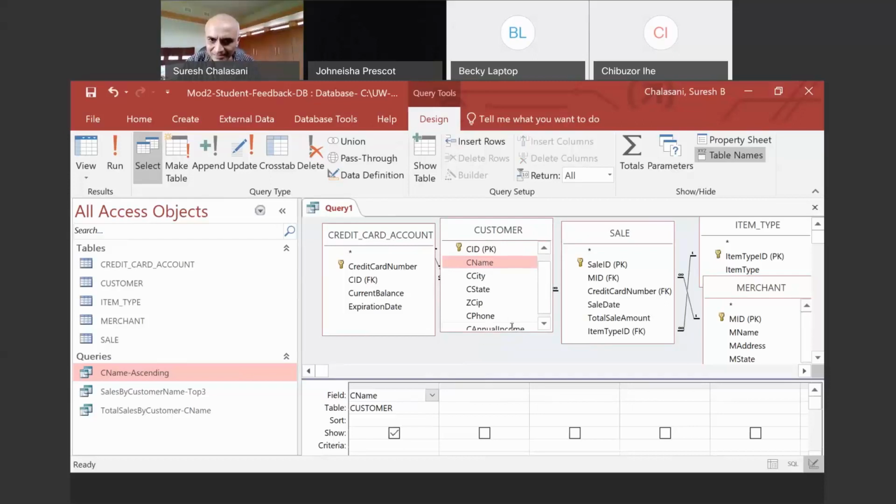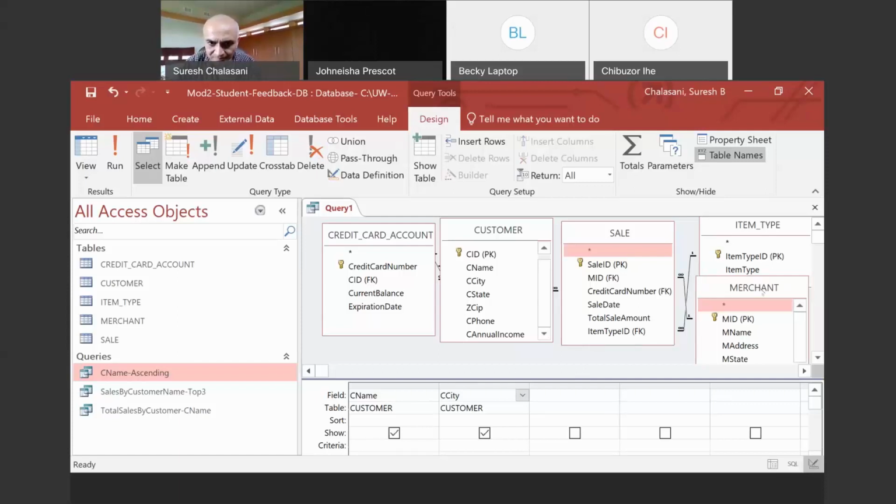If you look at the assignment queries, what's that? Is that customer city? Oh, customer city. Okay, I added that. Next one. Customer state. All right. And then maybe zip. Is there a zip? Yeah, zip code and then phone number. And then what else from the other tables, please?